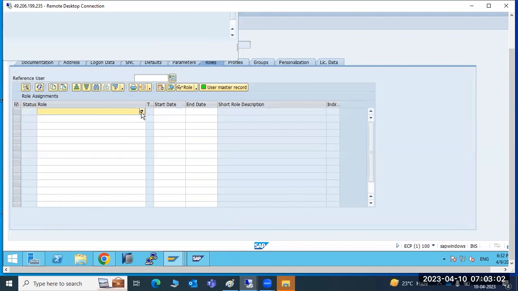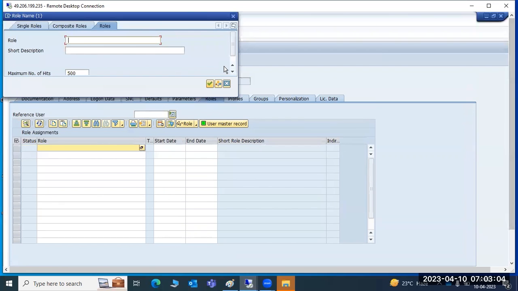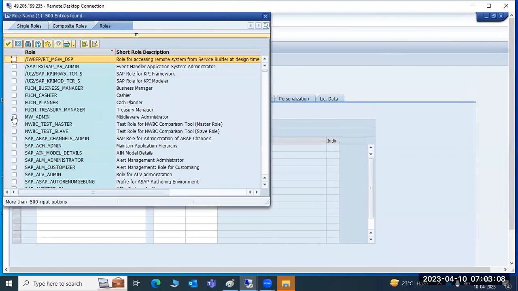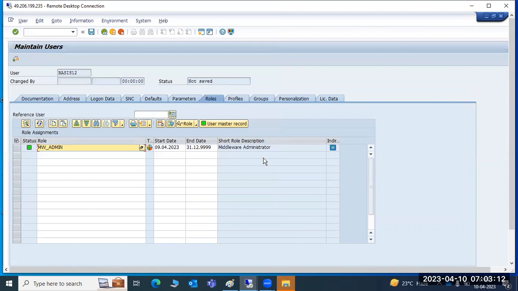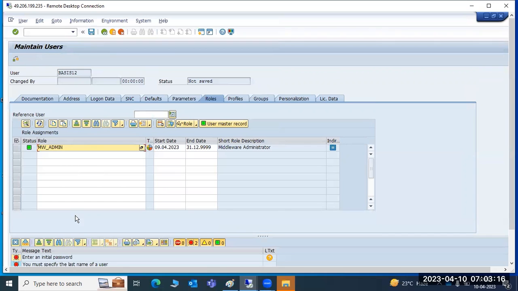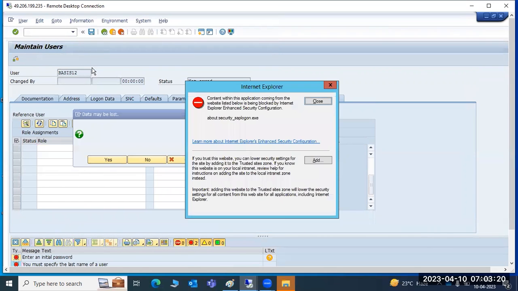If you click on this button, you will get the roles, whatever roles are assigned in the system. All these roles are available. Then assign these roles to the user, any one of the roles which are available. Then just click on the save button. That will be performed. This is the way we have to